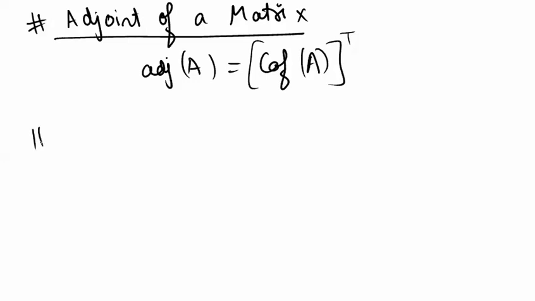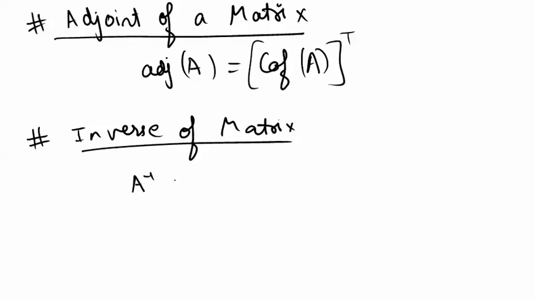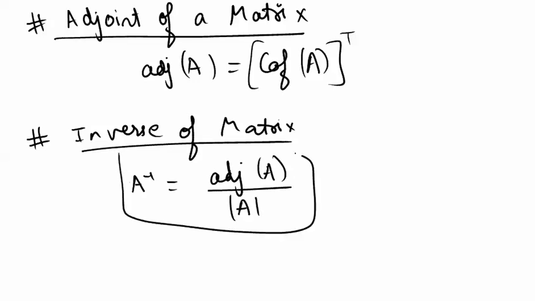Now we can come down to something called the inverse. We started with finding minors, cofactors, the cofactor matrix of A, and its transpose, that is the adjoint. And now we are saying the inverse of a matrix. By definition, A inverse is nothing but the adjoint of A divided by the determinant. Very simple. We know how to find the adjoint now, and we know how to find the determinant also. So we have understood how to take both things.